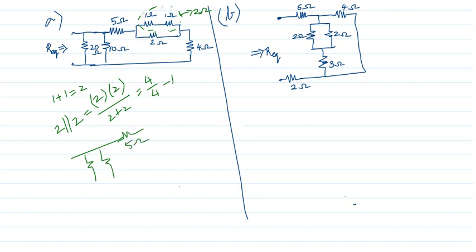5 ohms. This is 1 ohm. This is 4 ohm. This is 10 ohm. This is 20 ohm. Right? Okay. So what happens? Look at whether these elements are in series or not. Yes, they will have the same current, right? So I can add 5 plus 1 plus 4, that is equal to 10, right? So this entire thing is parallel with 10.